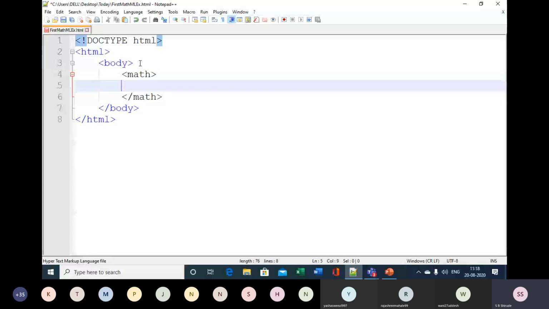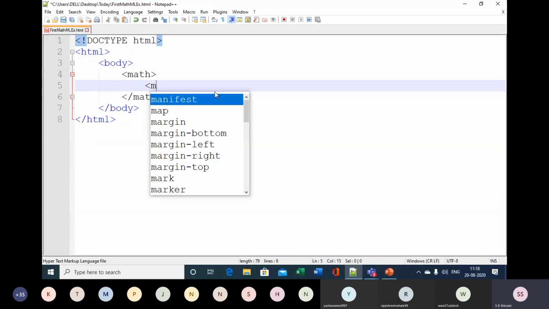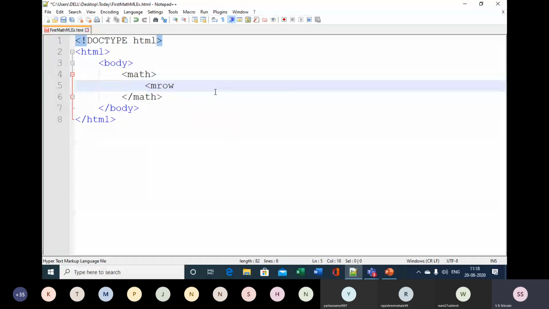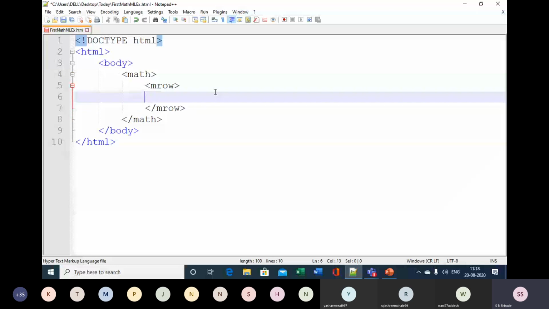For that, I have created a template in which I have started the math element and enclosed it, and inside that I put the equation. First of all, I will make use of the mrow element. The mrow element will group the expression, so a complete expression I will put in one group. First, I want to display x square. In this x square, the identifier is x, 2 is a number, and this 2 should be a superscript of x.